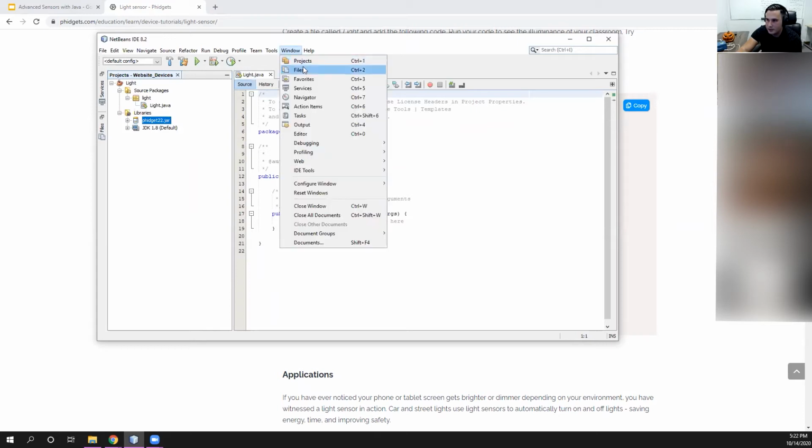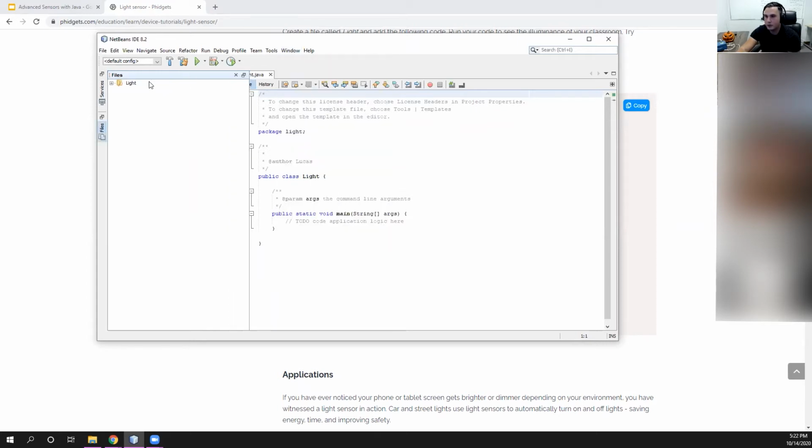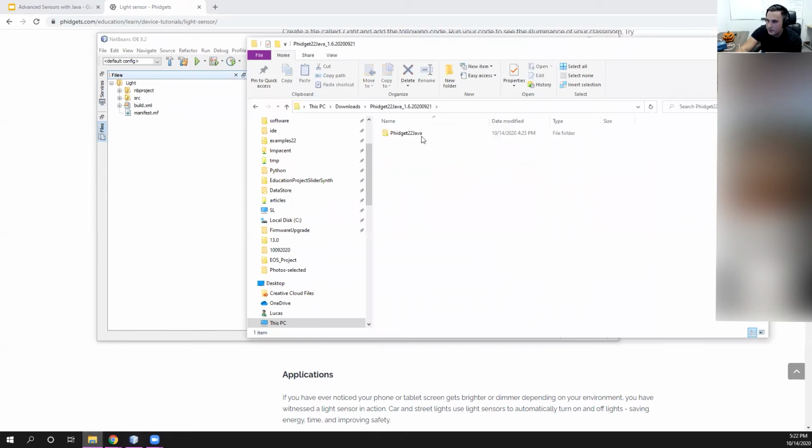And then the last thing I have to do is open up my project files. And then what I'm going to do is drag in the x64 folder, these DLLs. So I'm dragging this into my project, and that means my project's configured now. So again, the steps to do this are in the Getting Started kit tutorial page under the configure section,